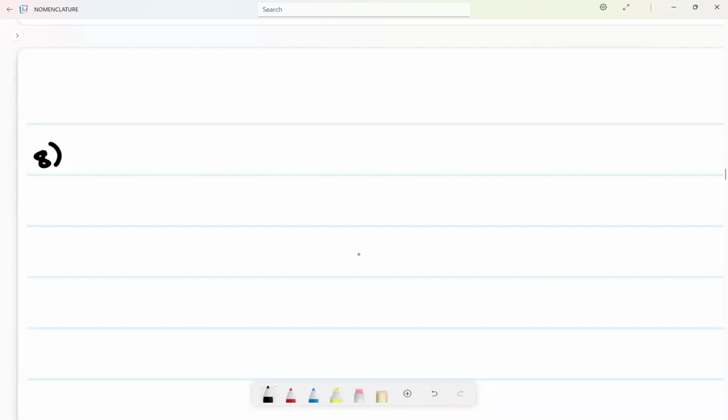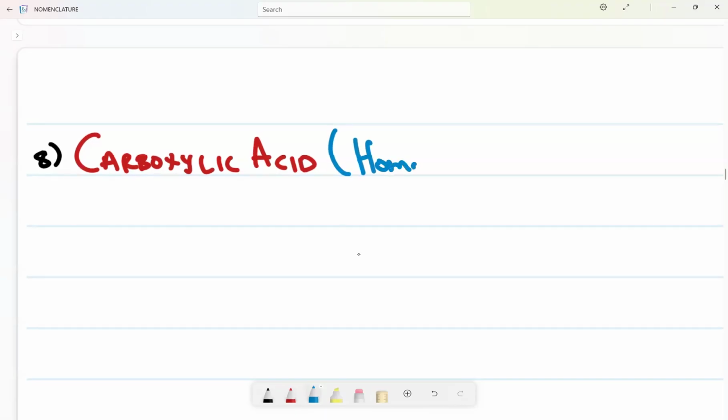Now, in today's video, we're going to be looking at carboxylic acid as well as esters. We already looked at aldehydes and ketones in the previous video. So now we're going to be looking at carboxylic acid. This is one of the weakest acids, but when you deal with acids and bases, here it is strong. Now, this is a homologous series. Remember, carboxylic acid